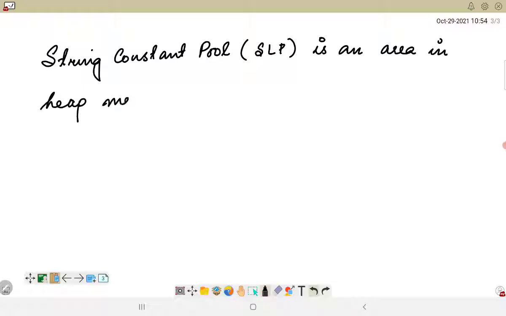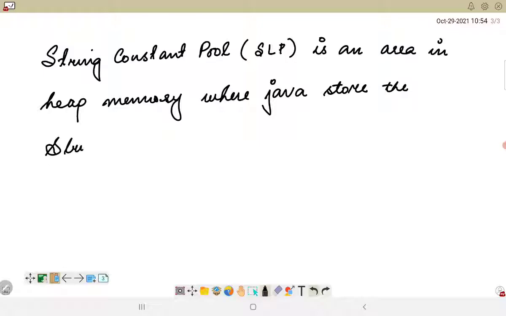If we know about different types of memory and their associations with the different parts of a program, we will understand that it is an area in the heap memory where Java stores the string literal values.